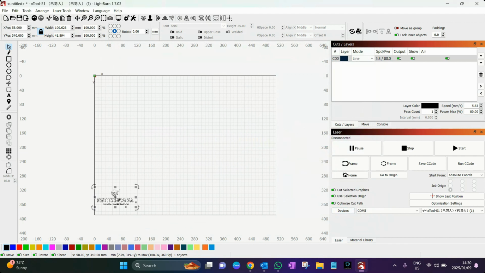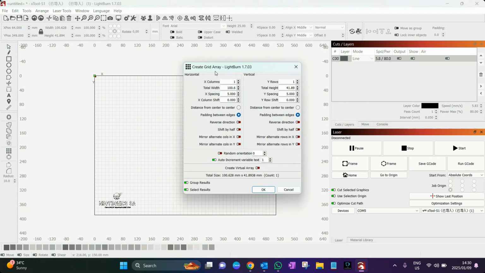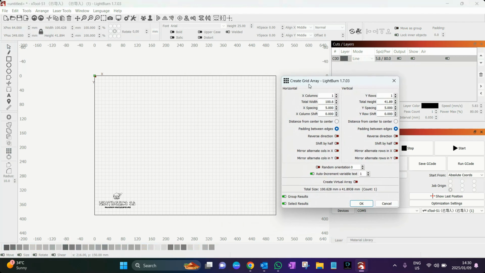So to use your grid array, you will have to select your graphic and then go to the left-hand tools panel and select the icon with the 6 little blocks. Now that you have your Create Grid Array tab open, you will use the X and the Y, X columns